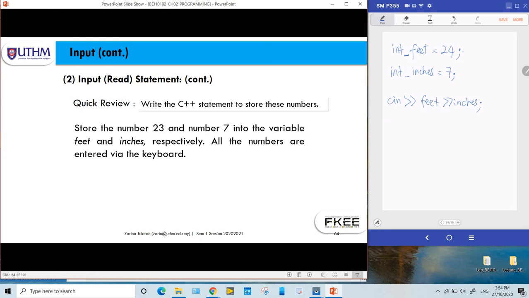If this is the declaration, int is the data type, feed is the variable name or identifier name, and this is the value. And if you refer to this as a declaration,